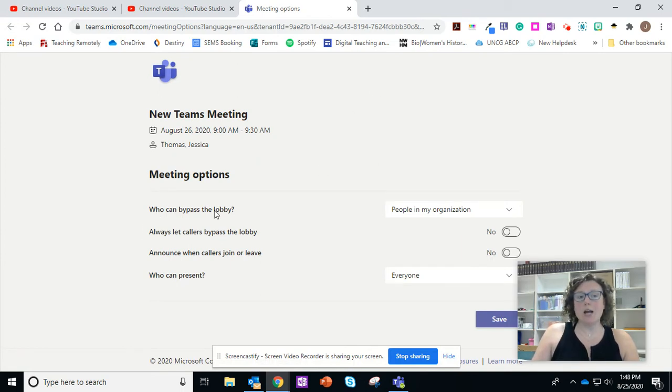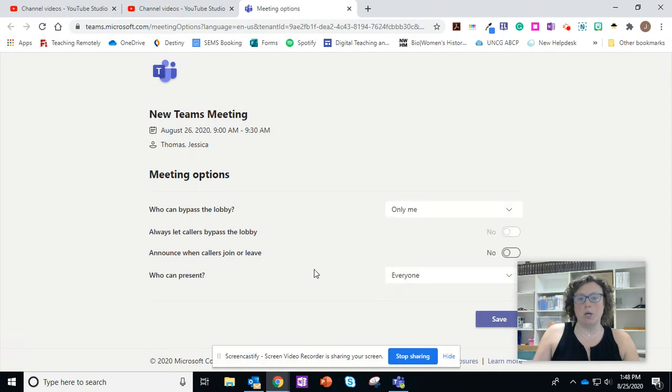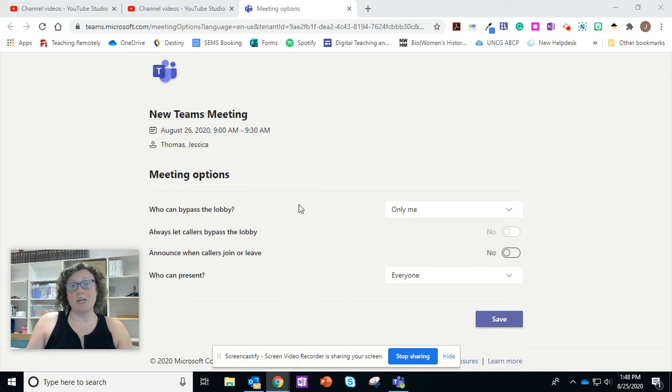So here's where I can set up who can bypass the lobby. If I keep it on people in my organization, that means students who are in our organization can bypass that lobby. That means they can start the meeting without you. So you definitely want to come in and change that to only you. You have to make sure you're the only one who can bypass the lobby, and then that allows you to let students in to the meeting. They will not be able to get in without